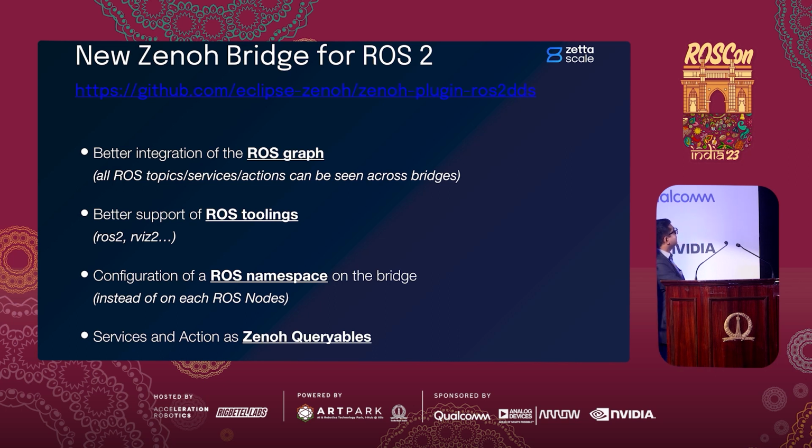Yes, so our new Zenoh bridge is very optimal, and it has better support for ROS tooling, and we have on-the-fly configuration for namespaces, and we optimize the service and action by the queryable, and we have a new concept, the liveliness token. By using that you can assert liveliness using a single string. So by using that you can optimize the ROS2 communication. Because I am running late, if you have any questions, then